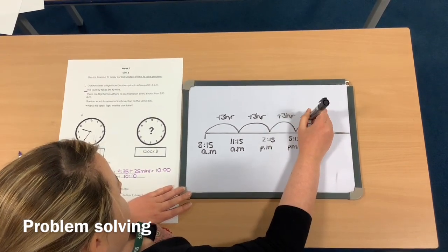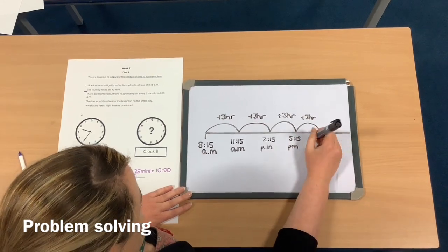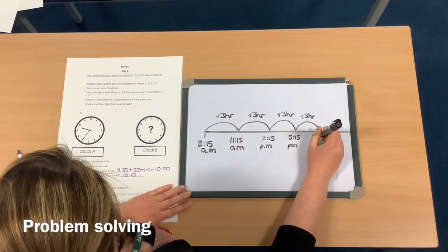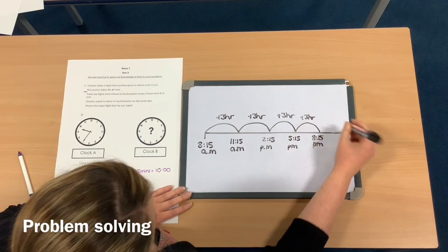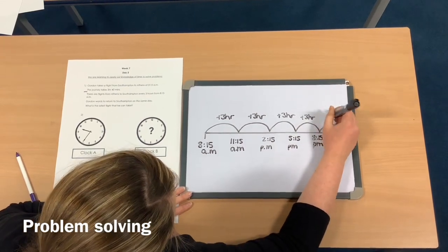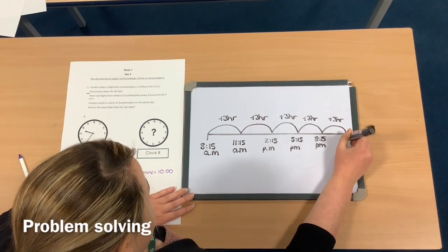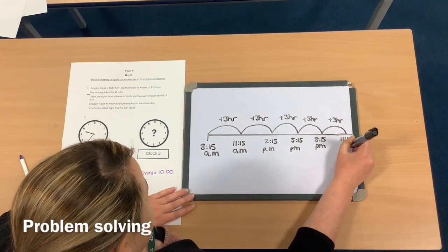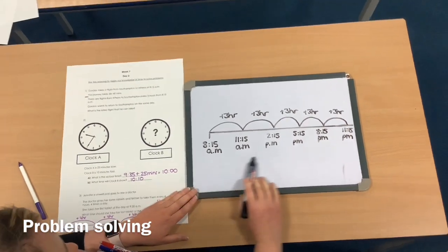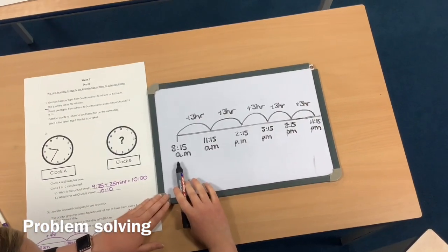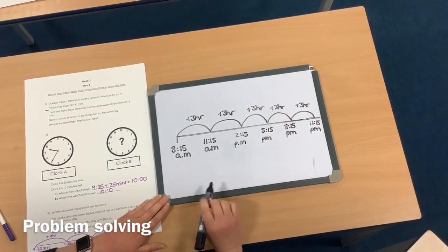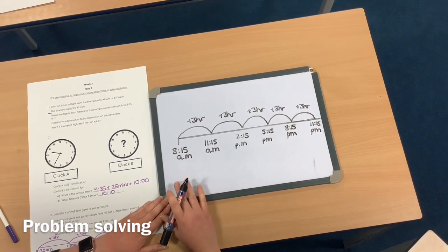Add 3 hours, 8:15 p.m. Add 3 hours, 11:15 p.m. So this number line now shows me the times of all of the flights that happen from Athens